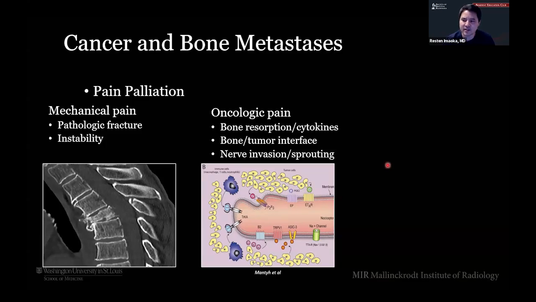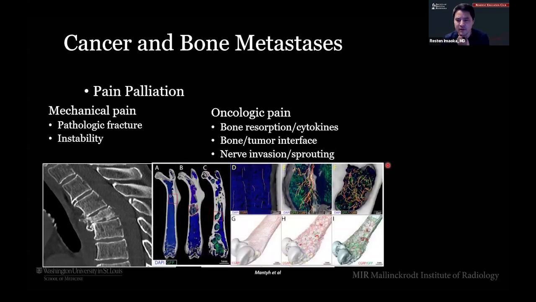And, not surprisingly, a significant amount of pain is localized at the bone-tumor interface, where a lot of these changes are happening. Aside from that, tumor growth can also directly invade nerve fibers as well as induce nerve sprouting, which affects both sensory and sympathetic nerves. This little insert here is from the Gray paper, which shows how sarcoma in a long bone, shown here in green, causes disordered pathologic nerve growth and neuromas that form both within the medullary canal, which are these orange signals here, as well as along the periosteum. So unfortunately, abnormal nerve stimulation causes some pain too.